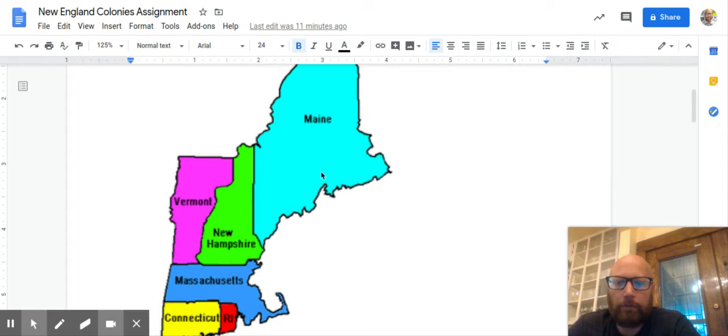In addition to lumbering, they also built ships in New England. They took that lumber and they immediately started building ships. A lot of the lumber would have been cut down and sent back to England to be manufactured into furniture and other items, and then brought back to the colonies and resold.